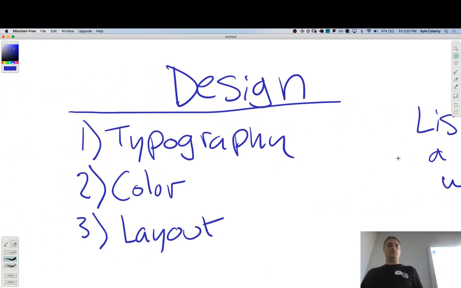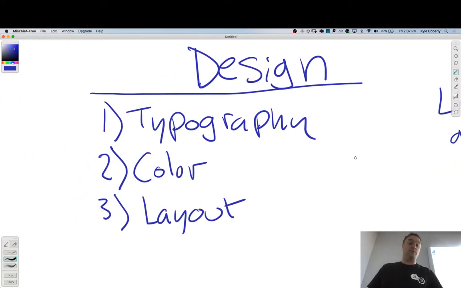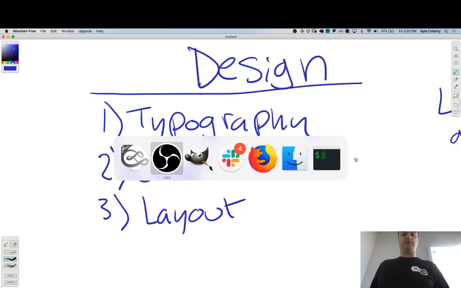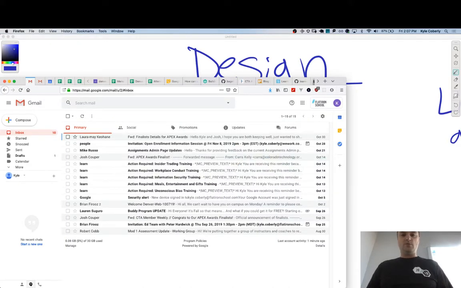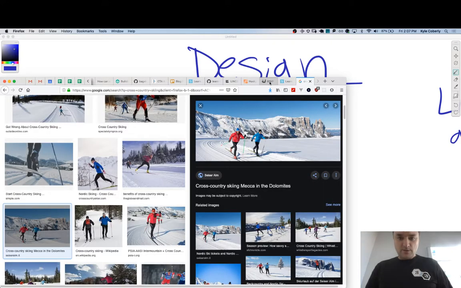There are three qualities of visual design that I want to talk about today: typography, color, and layout. Here's how I want to do this. I want you to find something that you've designed in this module. It's probably not going to look very good. That's completely fine. That's the entire point of this exercise: I want to start making a delta between